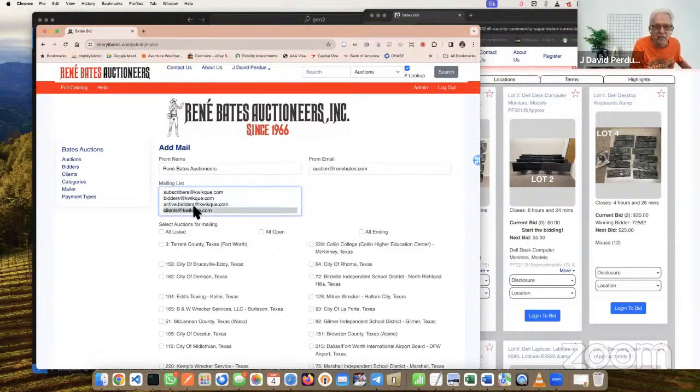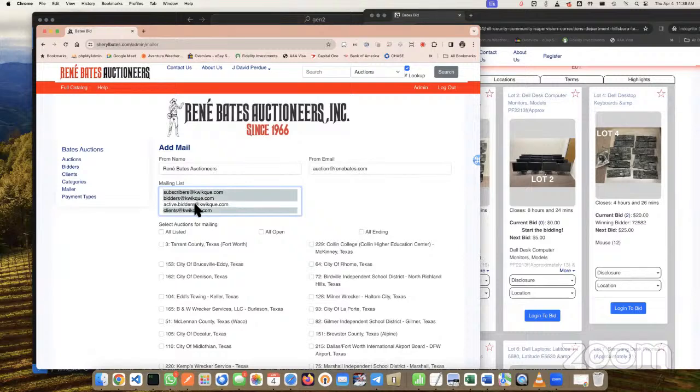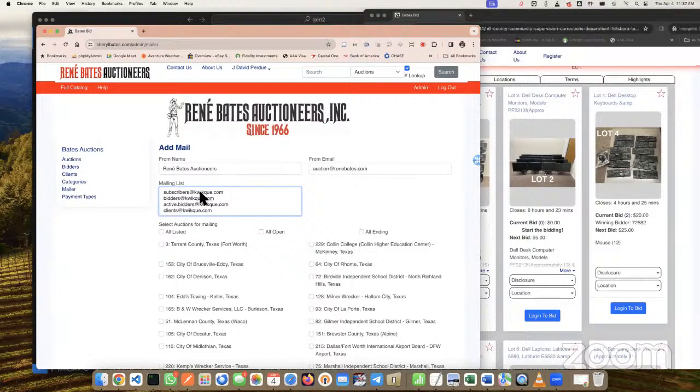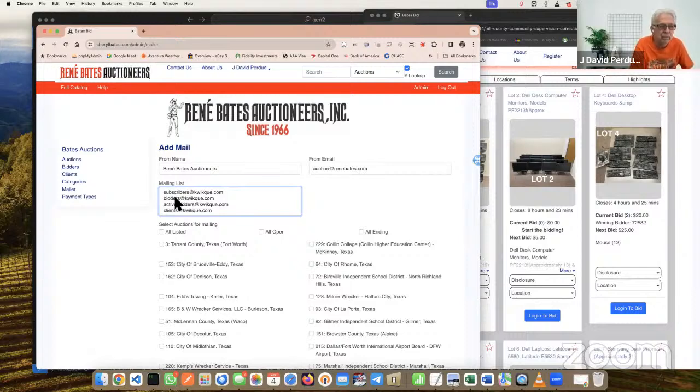You can do a multi-select. Those are always in there. That is in our system configuration, so you don't have to remember what they are. Just look at the left-hand side, and it will tell you. Now, this will change. This will eventually say something like subscribers at reneebates.com. This funny name here is just for testing. Okay, once you have decided who,